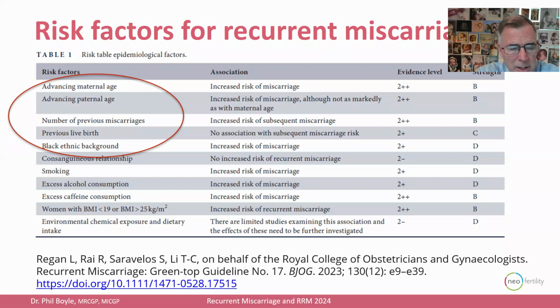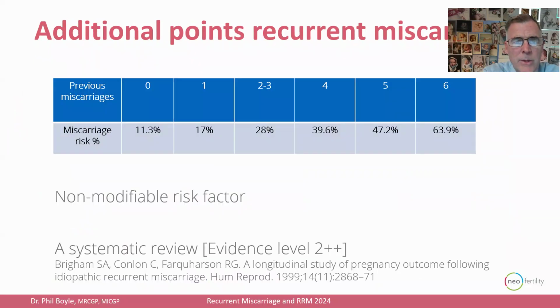And also surprisingly, people of an African ethnic background appear to have an increased risk of miscarriage, and they didn't specifically identify why. We know that smoking, alcohol, and excess caffeine are all associated with more miscarriages. And also, if your BMI is too high or too low, extremes of body weight will increase the miscarriage risk. So it's just great to have solid evidence for these things. You could always reference this to give good, solid advice to your patients.